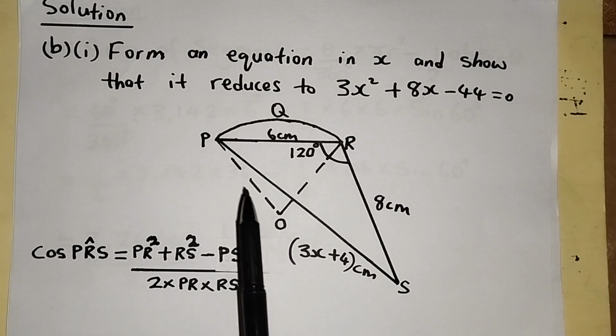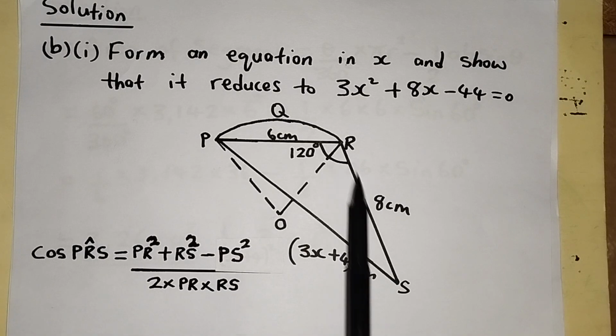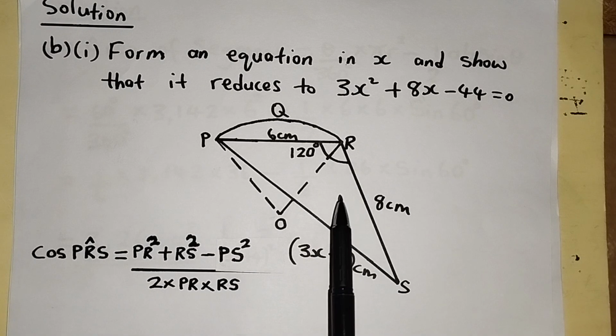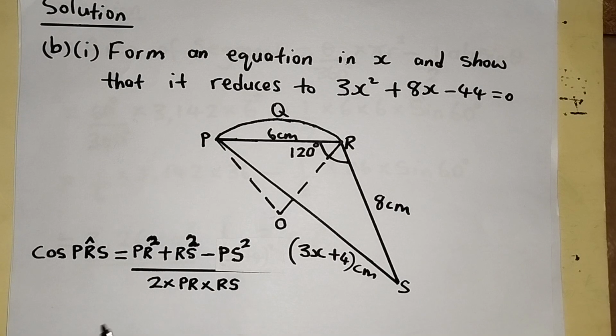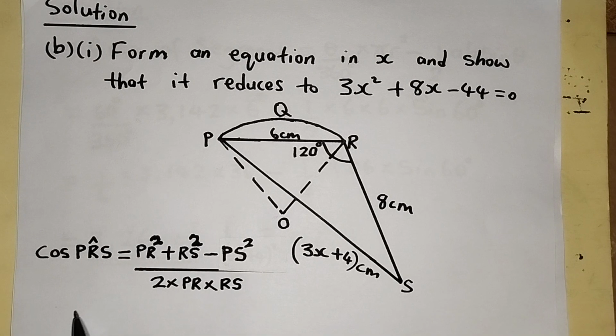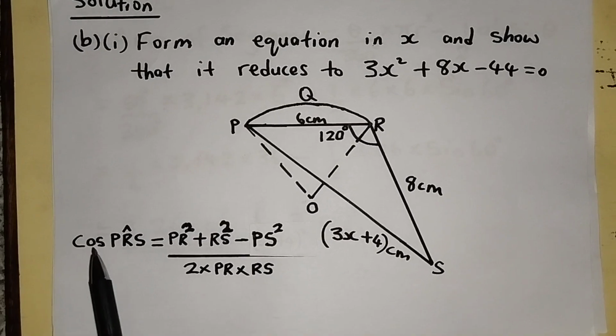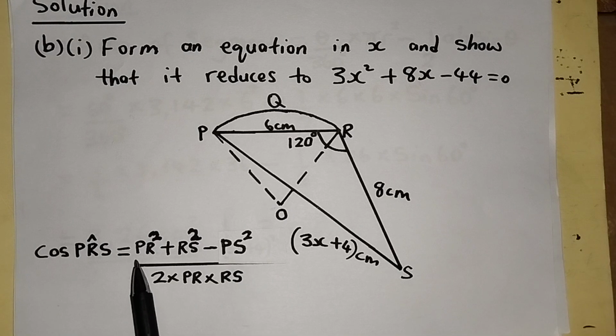If you come here, side PR and side length RS contain an angle in between them of 120 degrees. So when you use the cosine rule, which is used to find an unknown angle, you say cosine of the angle. In this case, I know the angle is PRS, but I'm going to just write cos PRS equals